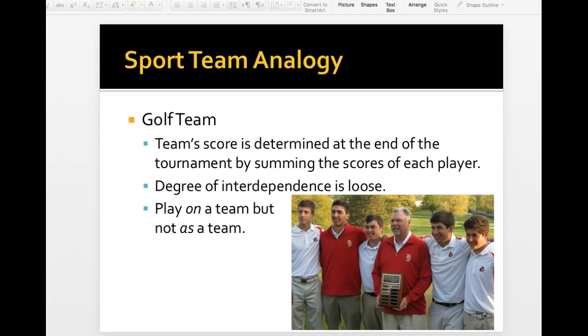So think about a company where you're all working towards one final product, but everybody has their own task. So you're on a team, but you don't necessarily need those other members to do your job. That's the first type of analogy for teams. And you'll want to make sure you're writing these in your additional notes.